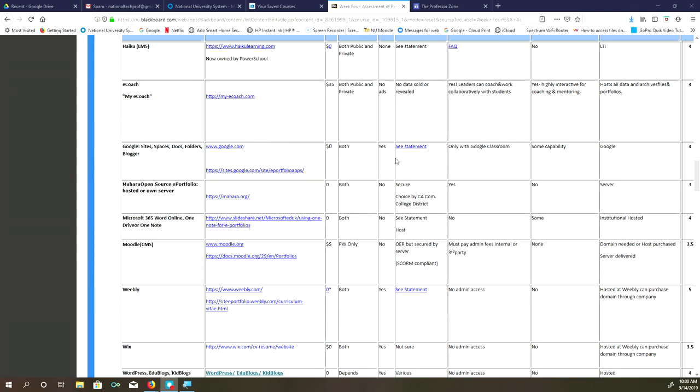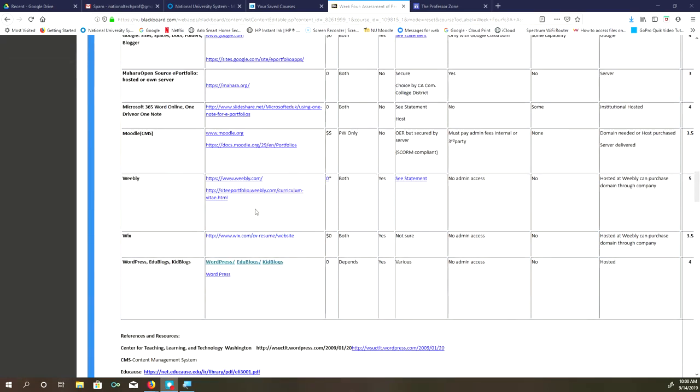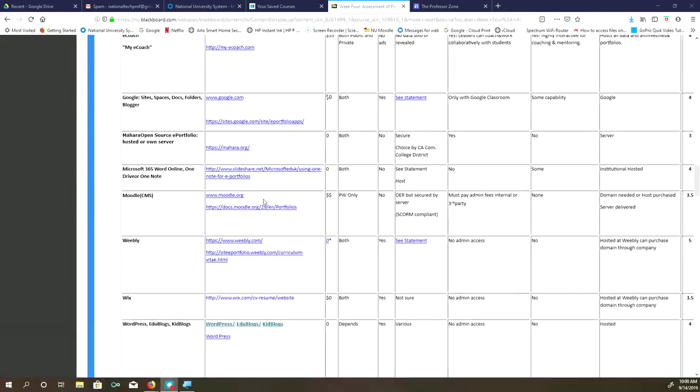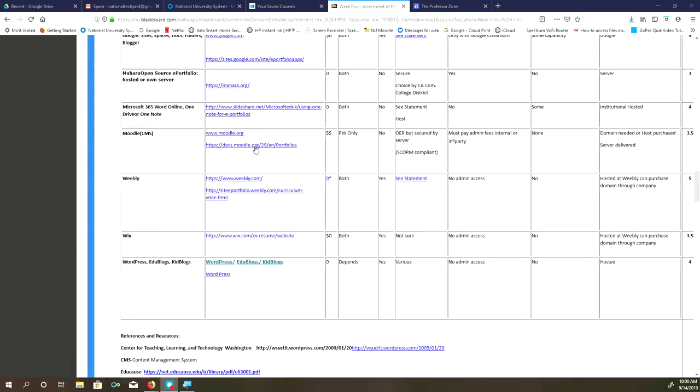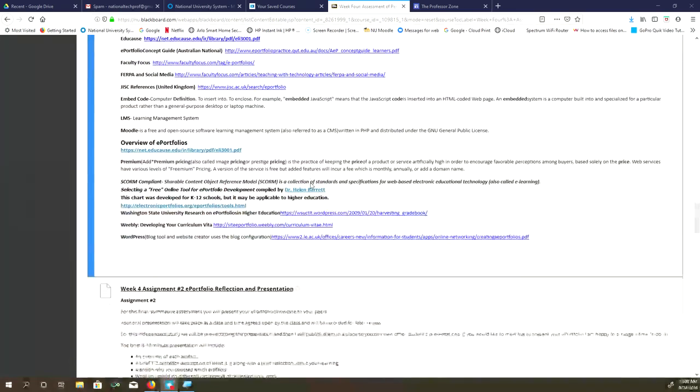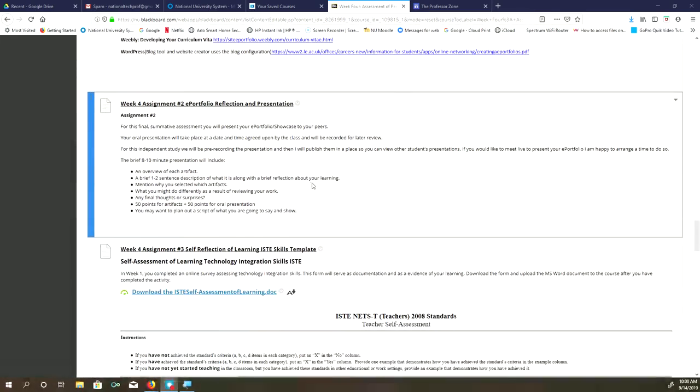And as I was just showing you just a couple of minutes ago, there are a list of websites that you can go to that will give you ways to present your e-portfolio. Some of them may require a subscription or something like that. So if you're not wanting to spend money, I would pick one of them that are free. I know Weebly is free, at least last time I used it was. Google Sites is free. So there are some free choices there that you could take advantage of, like I have with my Google Sites.